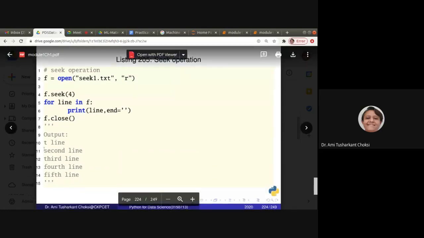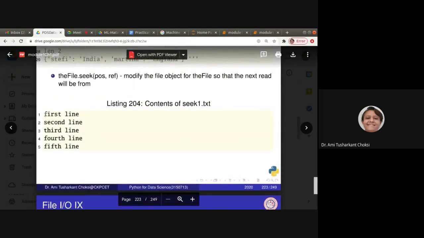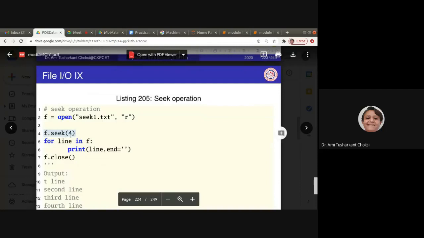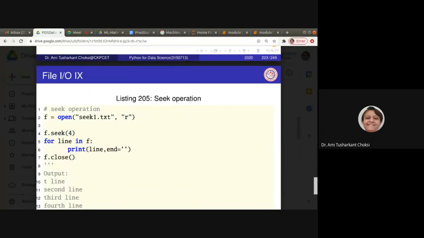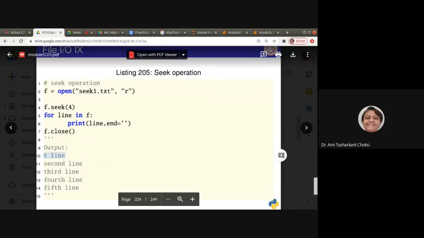For that we get the line starting with T. What do we mean by that? Here we have F, I, R, S. They are four characters, and the fifth one is the T, right? So what we have done is F.seek(4), which means four characters are skipped. Now it will go to the fifth character, so when we print it, we will get the output from T. So let us see that.